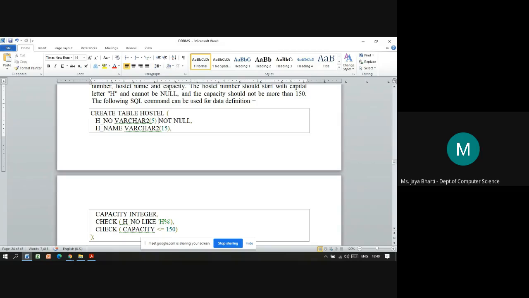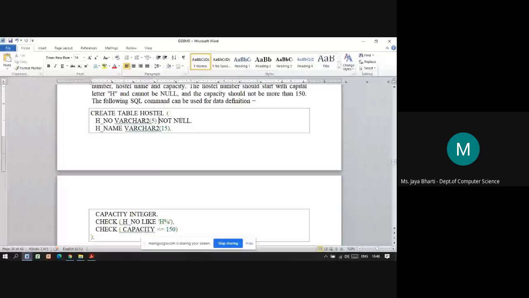Then comma, give the next column name or attribute name. The next column name is hostel name. While giving the column name also, it is your choice as per the program or the business, whatever the scenario. Here we want hostel name.